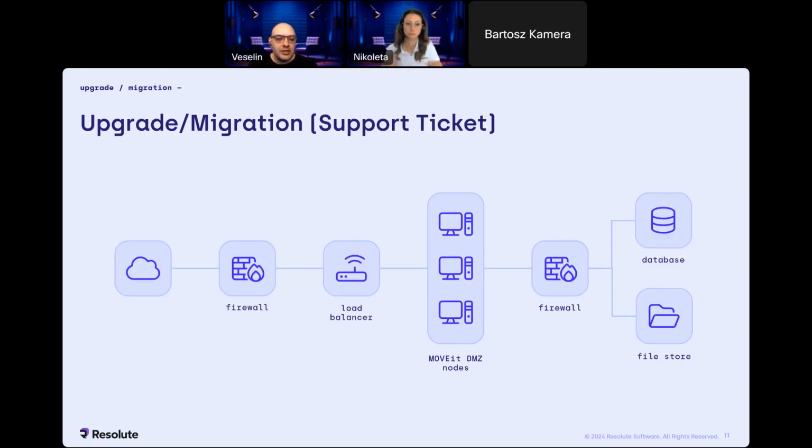However, let's talk about the current architecture that you're seeing. This one is a MOVEit DMZ web farm. As you can see, we have 3 nodes. We have a separate server where the database lies and the file store for security. Now, I'll talk about support towards the end. So when it comes to upgrading this type of architecture, we can still find a guide. We can find a guide for upgrade or migration.